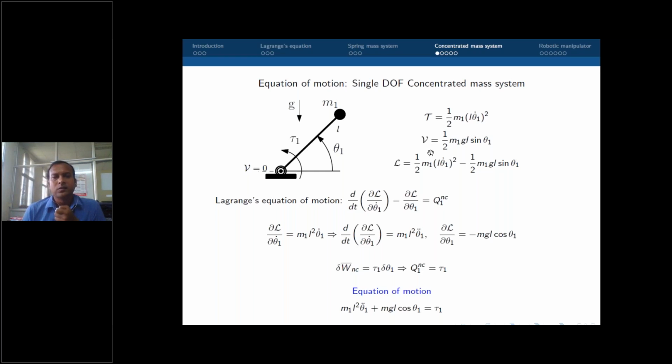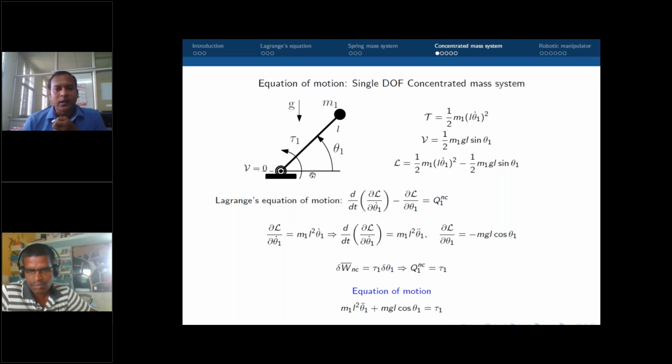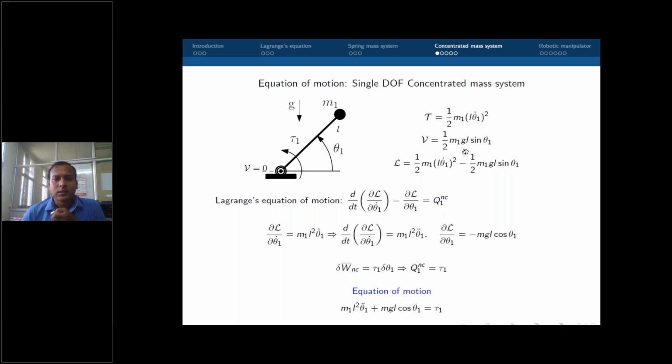And what is the potential energy of the system? Now in this case, what is the source of potential energy? There is no spring or restoring element here. You can add any restoring element, and if you add one, you have to take care of the potential energy due to that. Now in this case, the source of potential energy is the gravitational potential energy. This massless rod and this mass are rotating under gravity, so there is a force acting downward. Due to that, there is gravitational potential energy, and we know that it is given by,